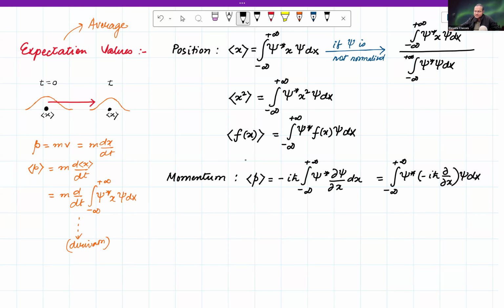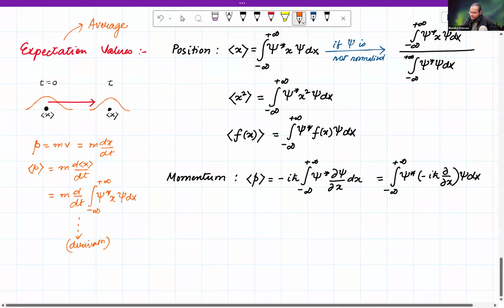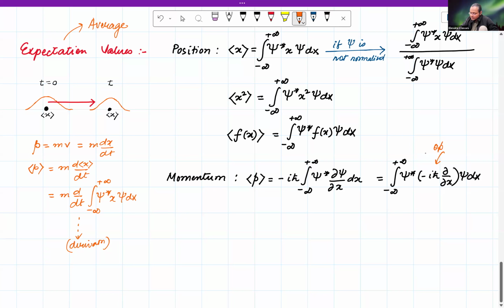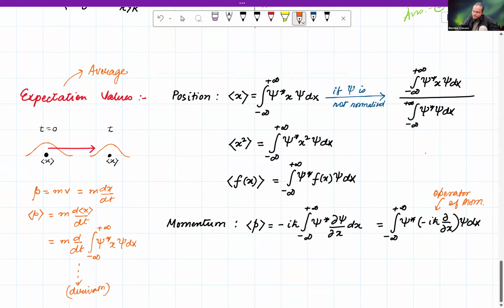Now, why am I writing it in this particular manner? Because this represents a technique of figuring out the expectation values of any kind of physical quantity, which is that you sandwich something called the operator associated with that particular quantity. This is known as the operator of momentum, as opposed to x, which is known as the operator